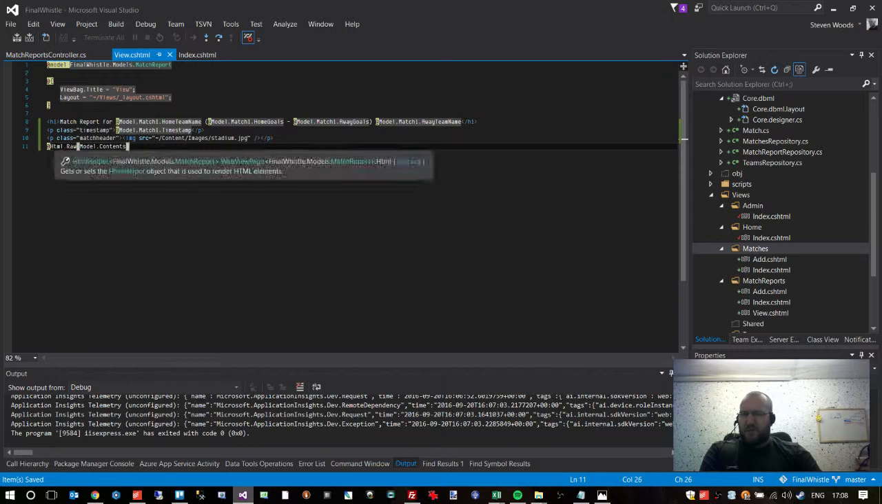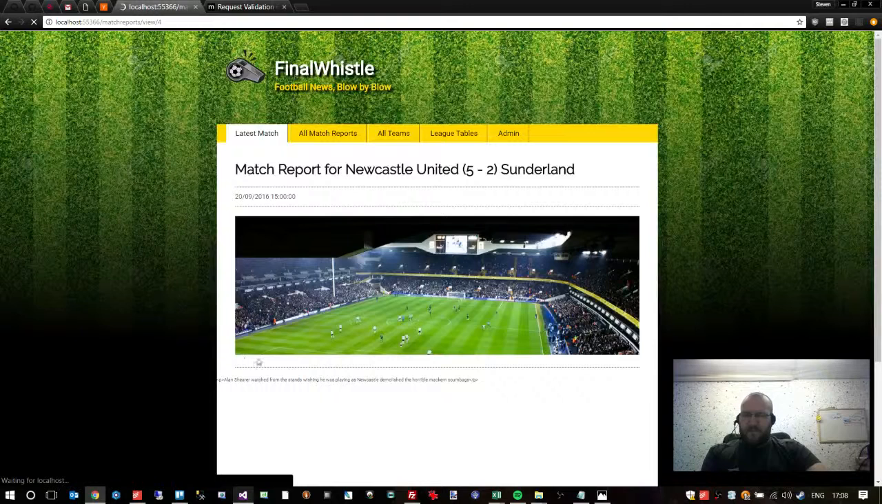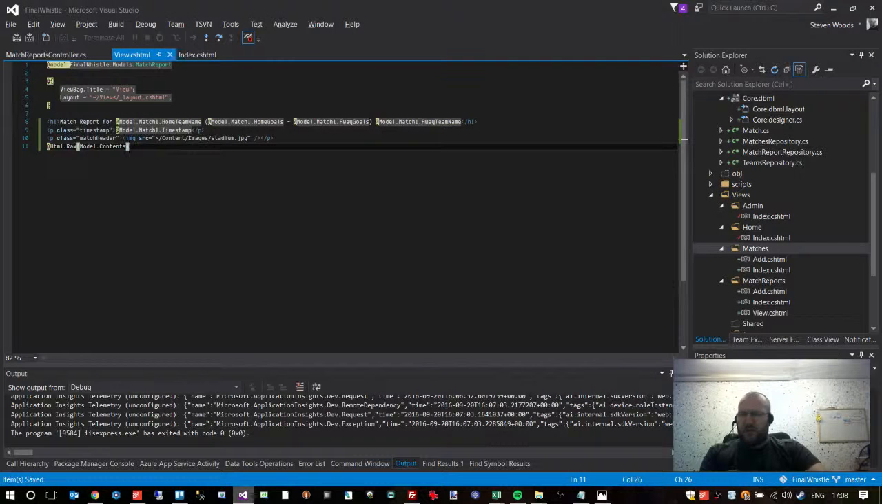That basically says that it'll write out the text as HTML, which will probably work. Just refresh the page. So there you go. It's actually shown the paragraph tags as proper paragraphs. But there is another way to do it, and I think it's